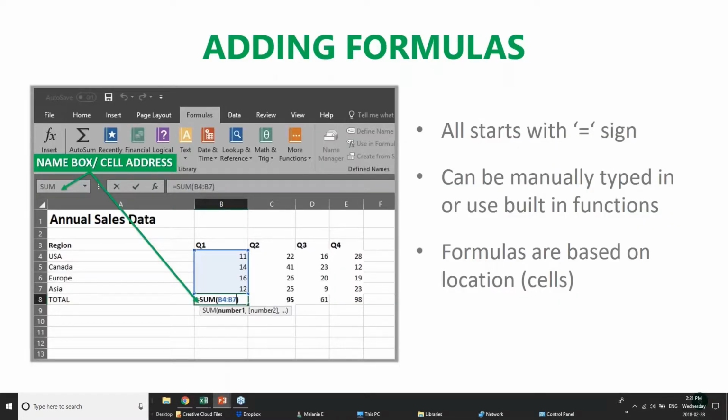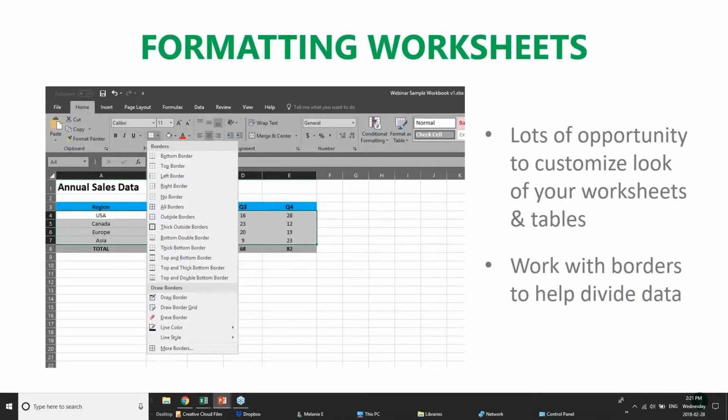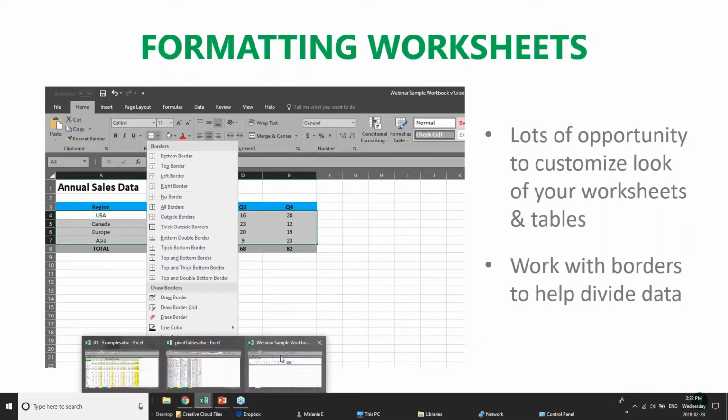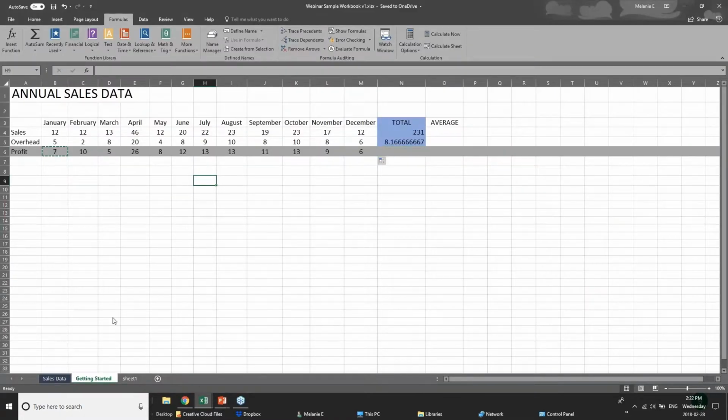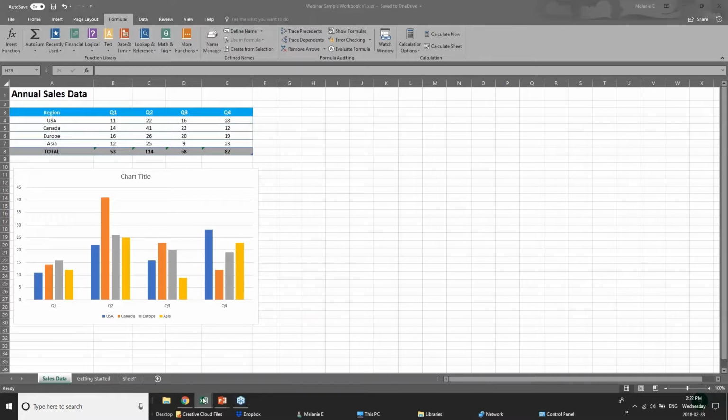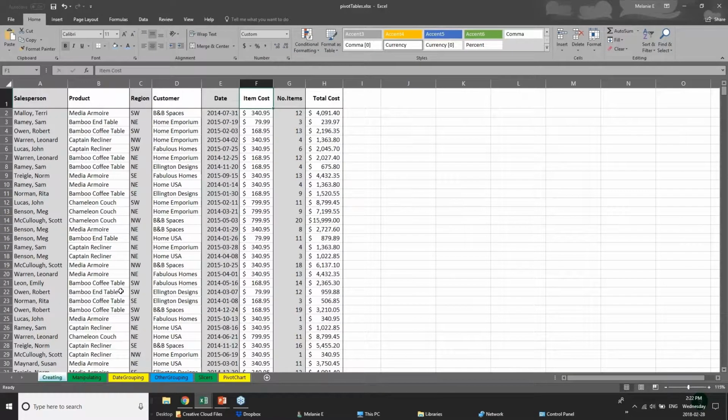All right, so let's jump back into the presentation here. Once you've put a worksheet together, if it's not very much data, it's kind of easy to look at, I guess. But if you are working with lots of data and lots of rows and lots of columns, it's really hard on the eyes, especially if your information is not formatted well. So Microsoft has lots of capabilities. Let me go to another spreadsheet. Here's one. Now this one has